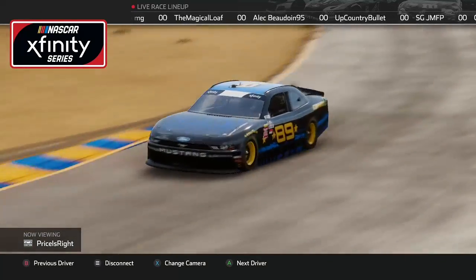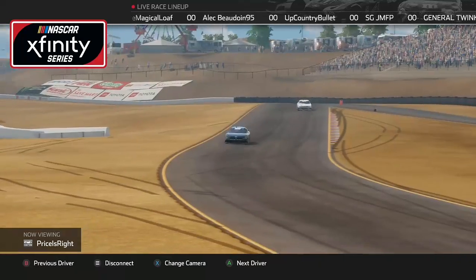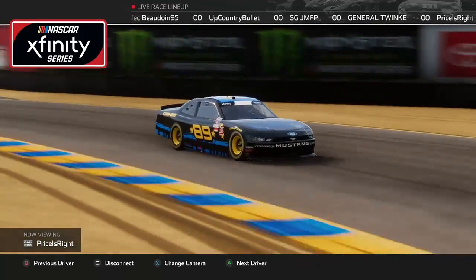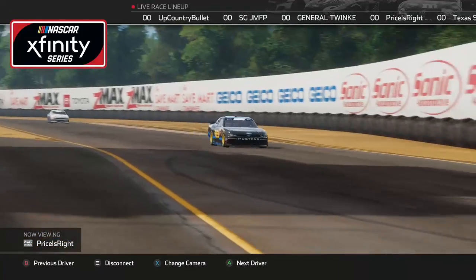We got The Price is Right. No, I'm not talking about the game show. The driver's name is The Price is Right. The 89 car, yeah. Maybe he can spin a wheel. Maybe he can win the first place prize, but